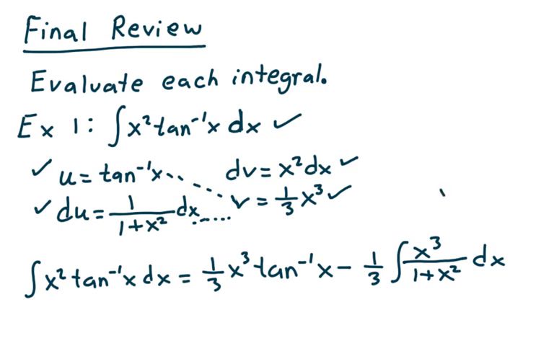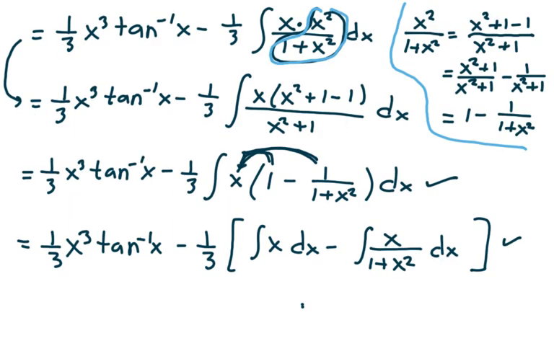Now, I'm going to rewrite x cubed as x squared multiplied by x to the first, essentially. So if we look at the next page, this is equal to 1/3 x cubed arctangent x minus 1/3 the integral of x times x squared over 1 plus x squared. And so notice how I section off x squared over 1 plus x squared. I want you to focus on just this piece. Now, if we come to the corner here,